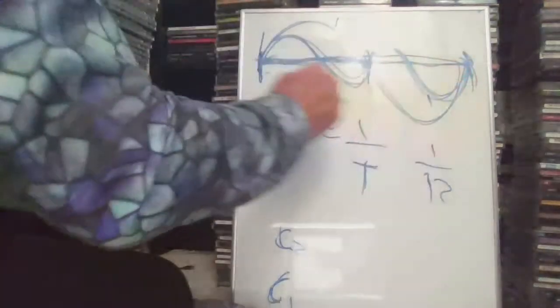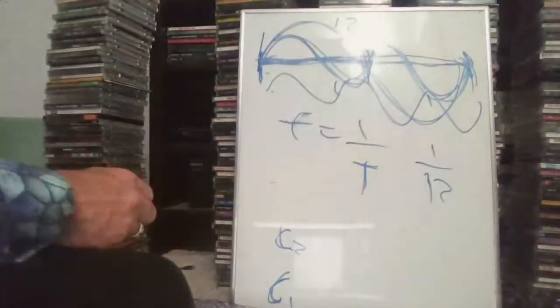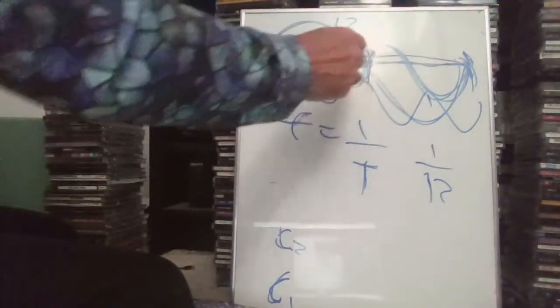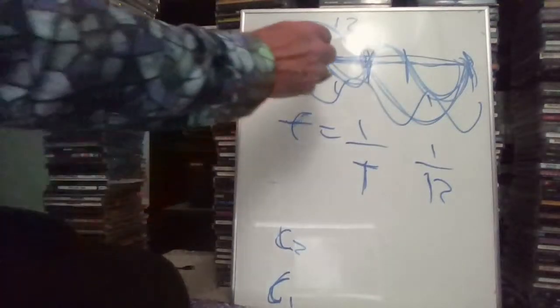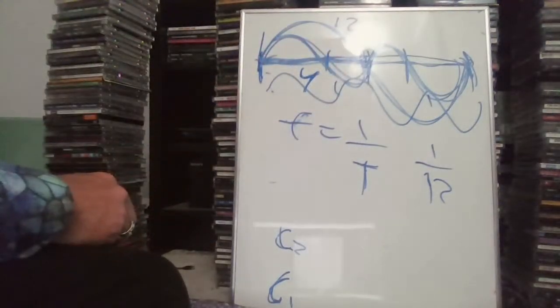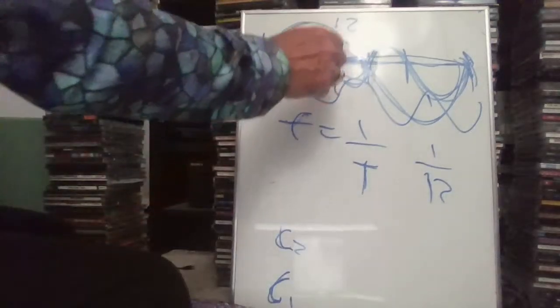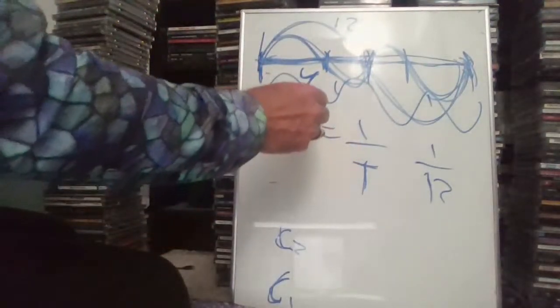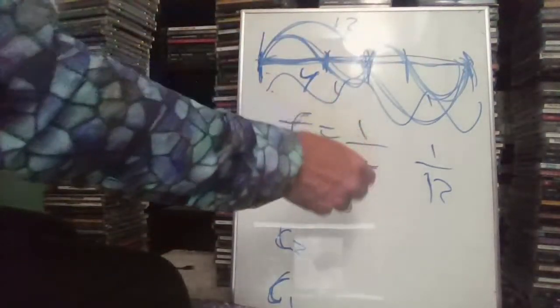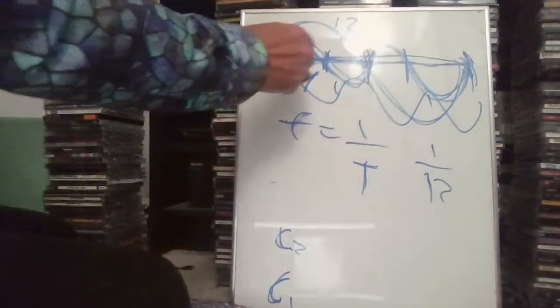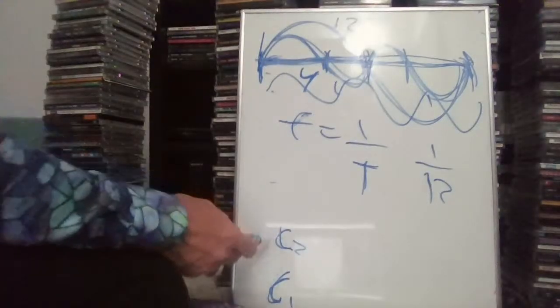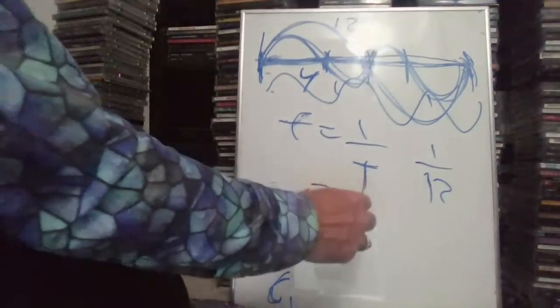Oh, but wait, this string also vibrates at third multiples too. So it also goes like that. That would be a third of the original length. So the frequency would be 3 times it, because frequency is inverted from period. That would be a note 3 times this first frequency. And what's that? A note 3 times the frequency is an octave and a fifth. So that would now be a G. I'll call it a G2.